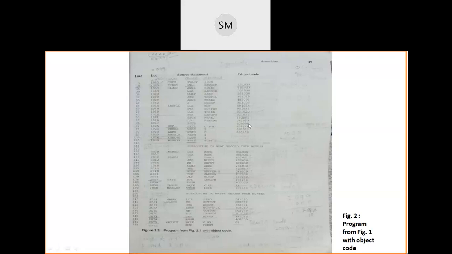But the same RSUB instruction is only 1 byte length in SIC/XE. Do you remember when I was explaining format number 1, 2, 3, 4 for SIC/XE? For format number 1, I had given the RSUB instruction as an example, which does not refer to any memory as well as any register. They are just the opcode RSUB, which takes 8 bits of opcode. Format number 1 of SIC/XE, if you remember, you understand.